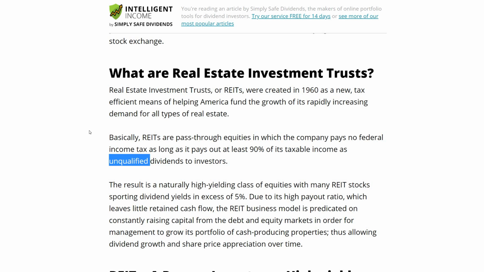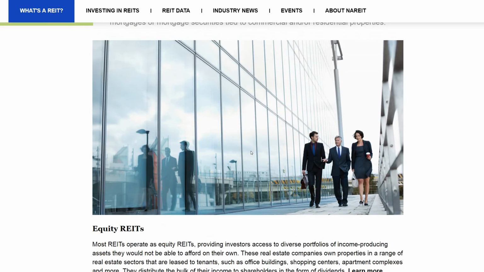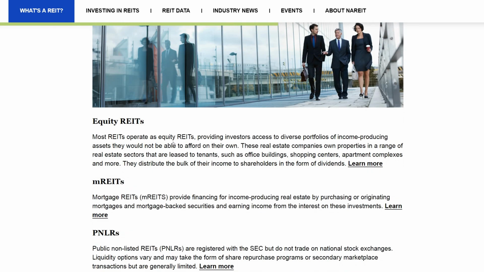So with real estate investment trusts, there are a couple of things to look out for when you're first looking to invest in REITs. There are a couple of different types of REITs. This information is from REIT.com, a great website if you're looking to invest in real estate investment trusts. I'm not affiliated with them, but I get a lot of my information through them. Great asset. So the two different types that I'm going to be talking about today primarily are equity REITs and mortgage REITs.